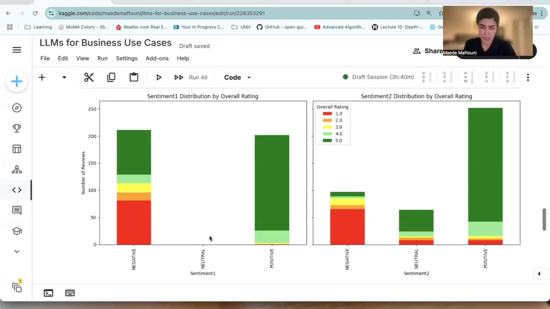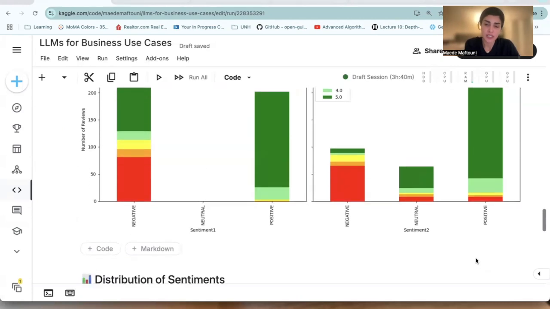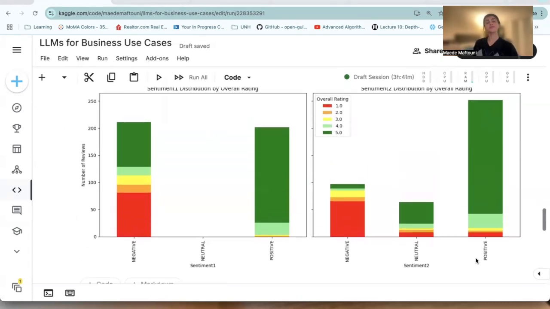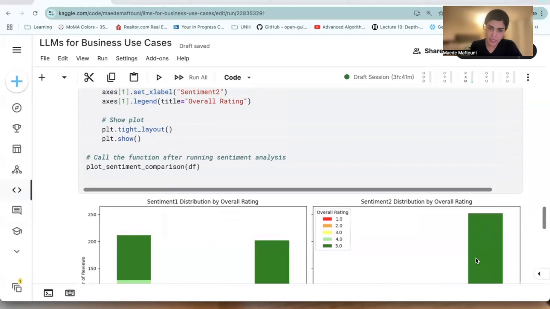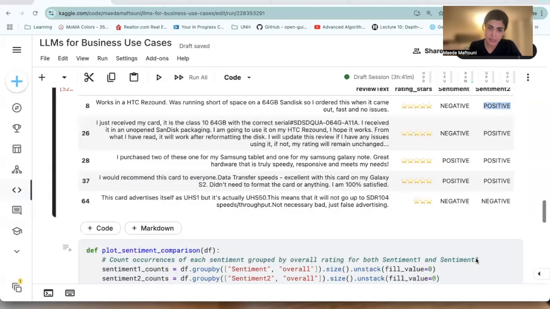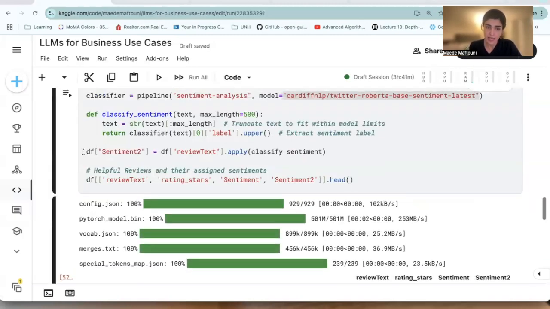That's another disadvantage. So we have three labels here, and most of the high ratings are classified under positive sentiment, which is nice. So that's the first task that we simply, with one single line,